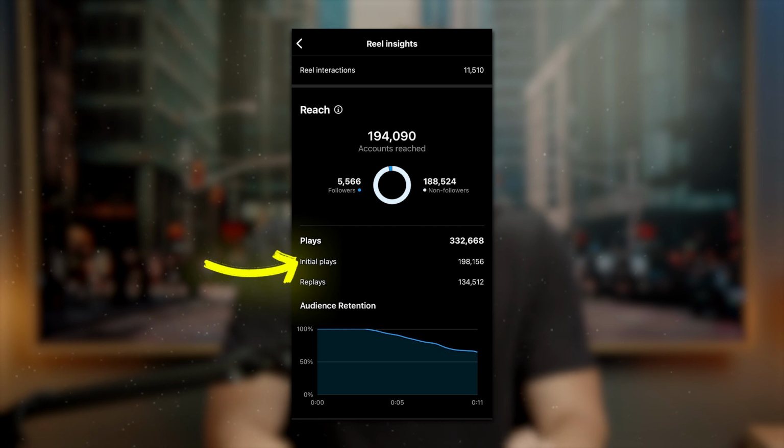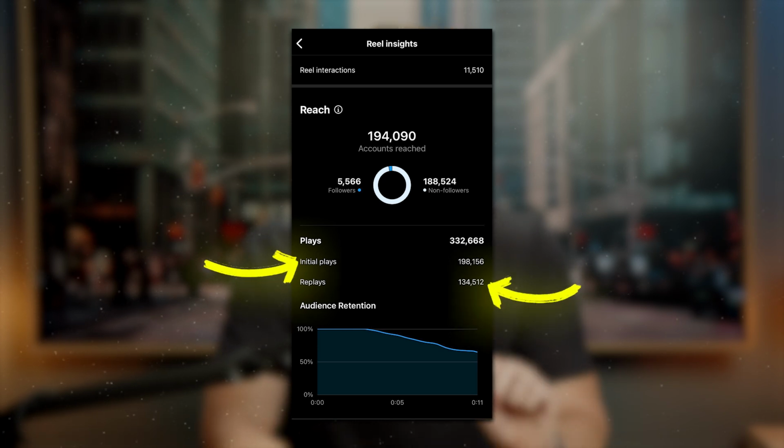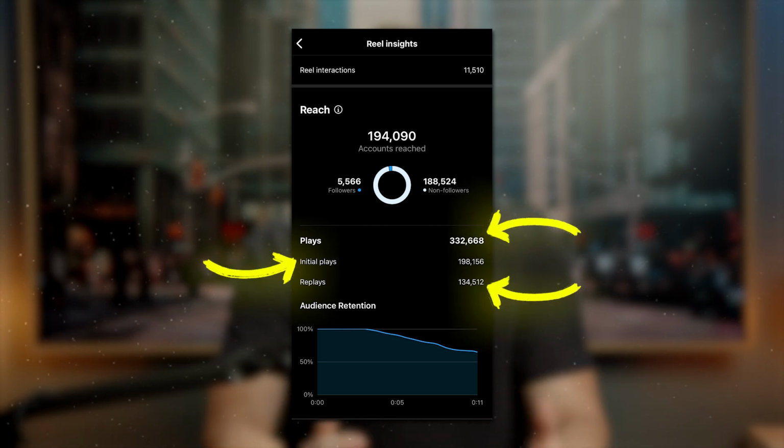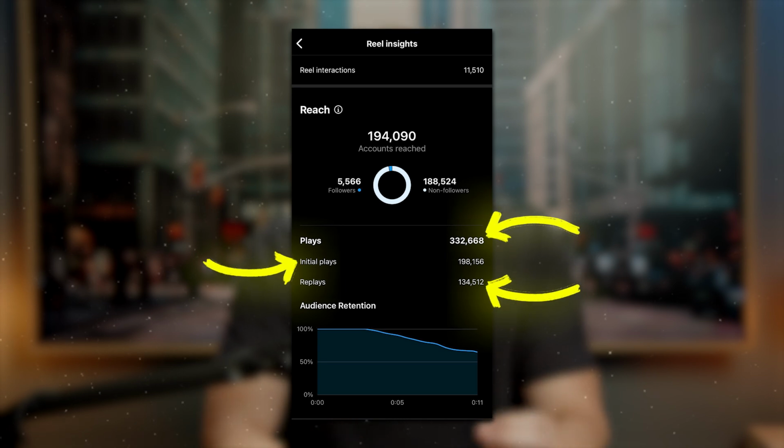Now, you'll also see a breakdown of this in your insights where Instagram will show you how many people have watched your Reel, but also how many times it was replayed, and then a third stat combining the two together to give you the total views. As well as this, they're going to show you your average watch time and improved retention graphs, which can help you pinpoint where people left your Reel and why, so you can fix it in your future content